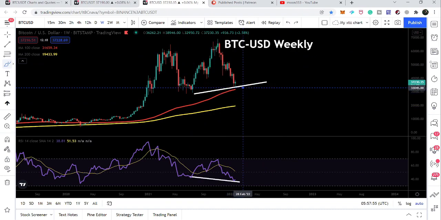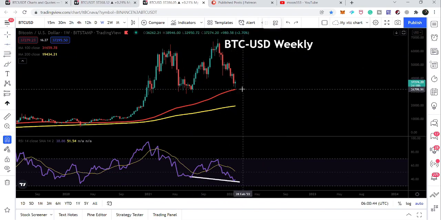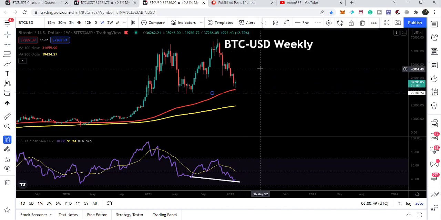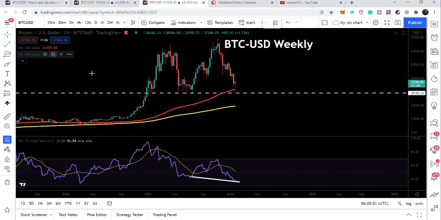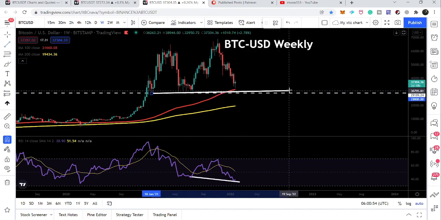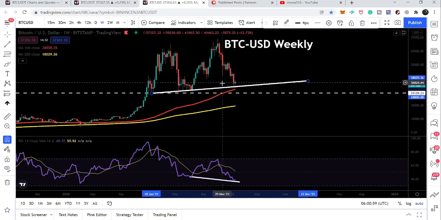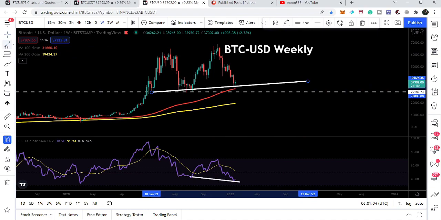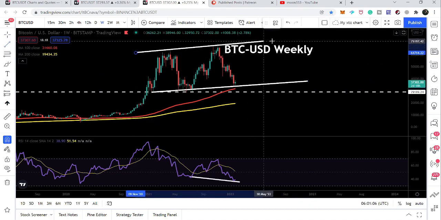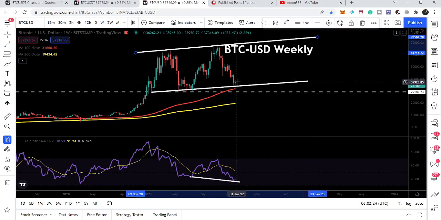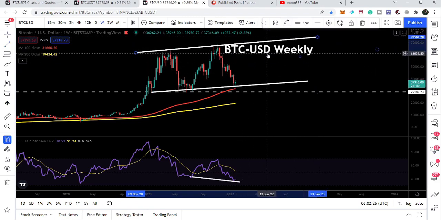Remember, we have a very strong support at $28,600 with the psychological support at $30,000 approximately here. But if the price line reverses to the upside from here, then we can have an uptrend line support. That support will be confirmed after this powerful reversal. And then we will have a resistance here, and you can see that if the price line follows the uptrend line support and resistance, then we are moving in a slightly up channel. Therefore, after this reversal, we can form another higher high than the previous high.